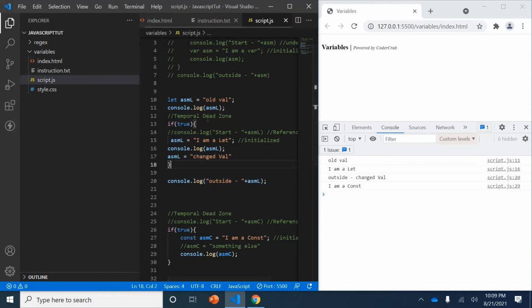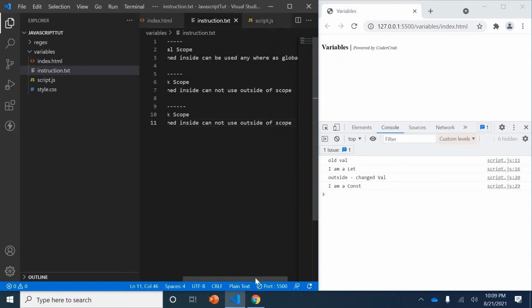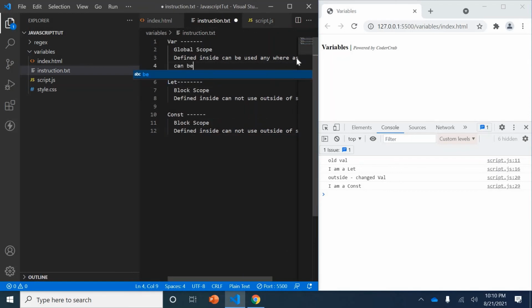So this is the major difference, one more major difference that we found. In the let case, it can be initialized and can be altered.